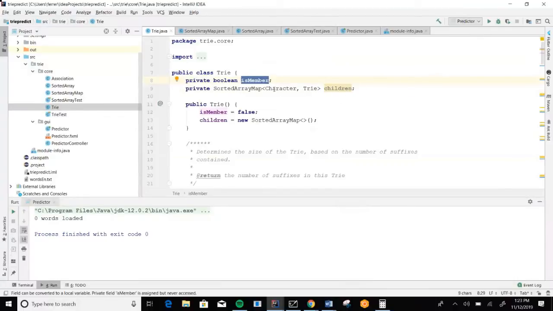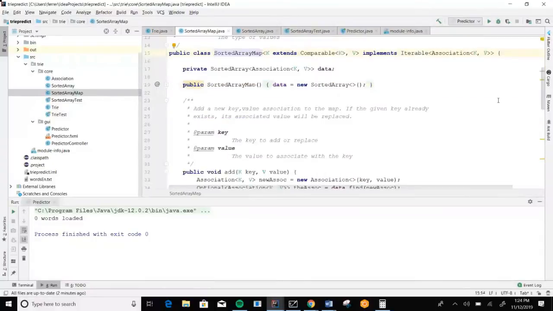So sorted array map maps a character to a trie. That's the character, which will then point to another trie node, which has all the nodes that include that character as part of their prefix. Sorted array map is included for you. It's completely implemented, but you're going to need to use it